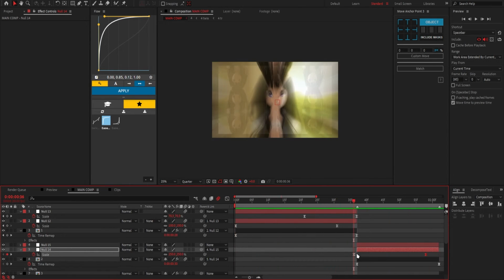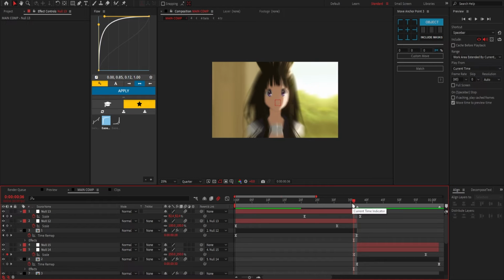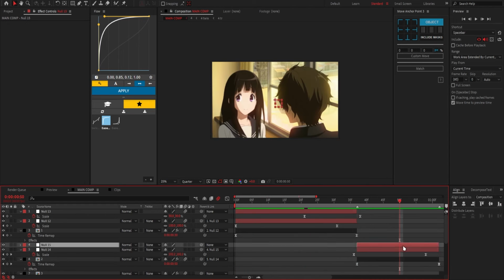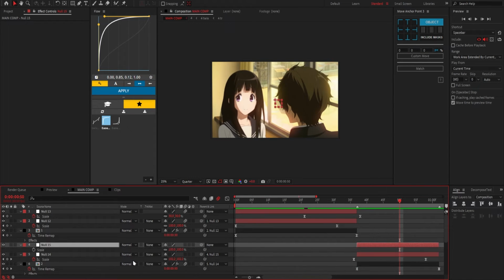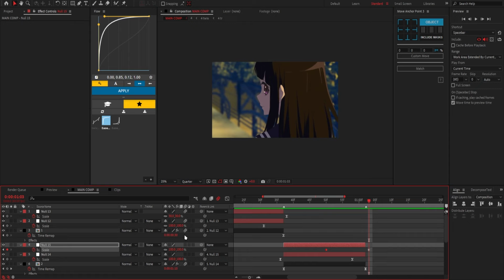There you go. And as you can see, there's this weird frame, so to get rid of that, just move this one keyframe ahead like this, and that should get rid of it. And then do the same thing here. Go to the top now, and then hit S, and then keyframe this. Go to the very end, one frame out, then keyframe this again, then go here, and then let's do a